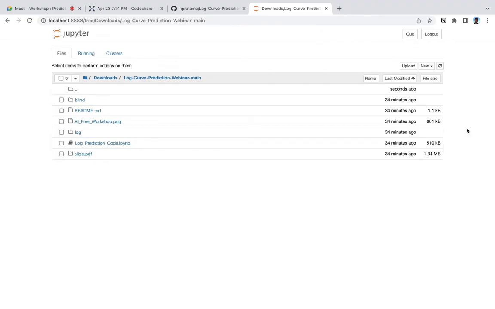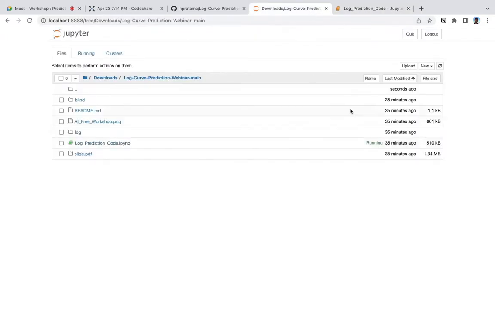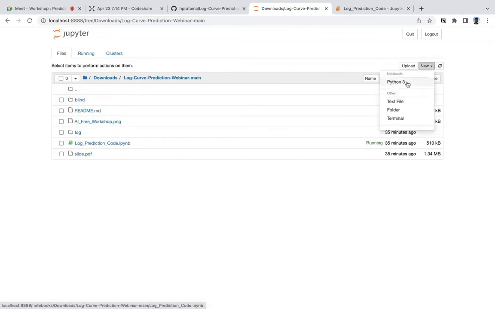In this session we will do live coding, where we will build a new Jupyter Notebook.